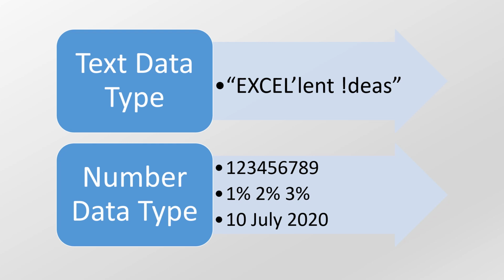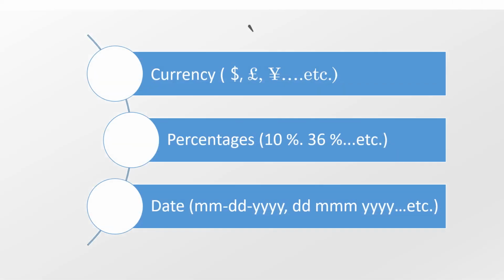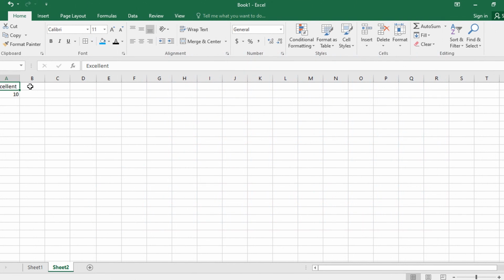But before that, I would like to make you clear about the types of formatting. On a broad note, we can categorize the types of formatting based on two data types, text data and numeric data. We can customize text data as well as the number data type. Of course, we do have several other data types like currency, date, accounting, percentages, which can be categorized under custom number formatting.